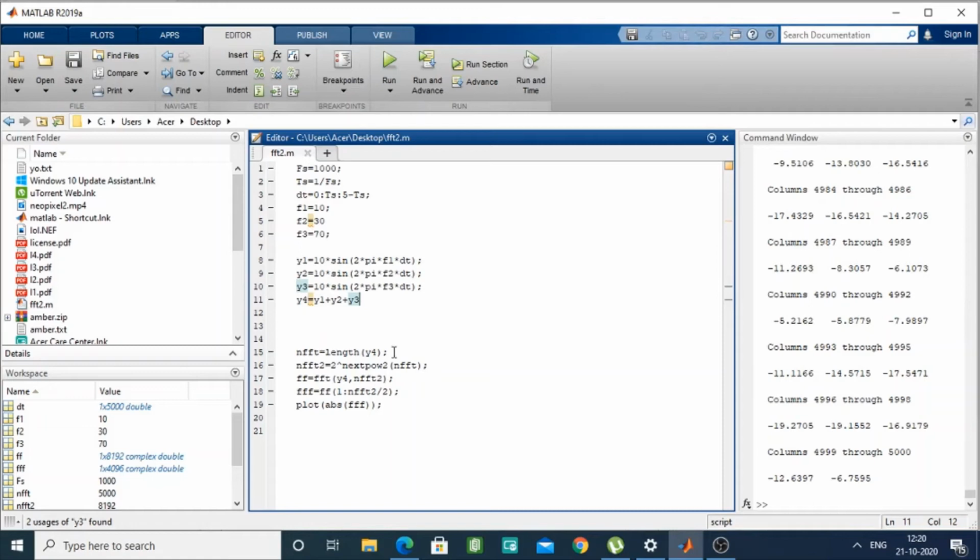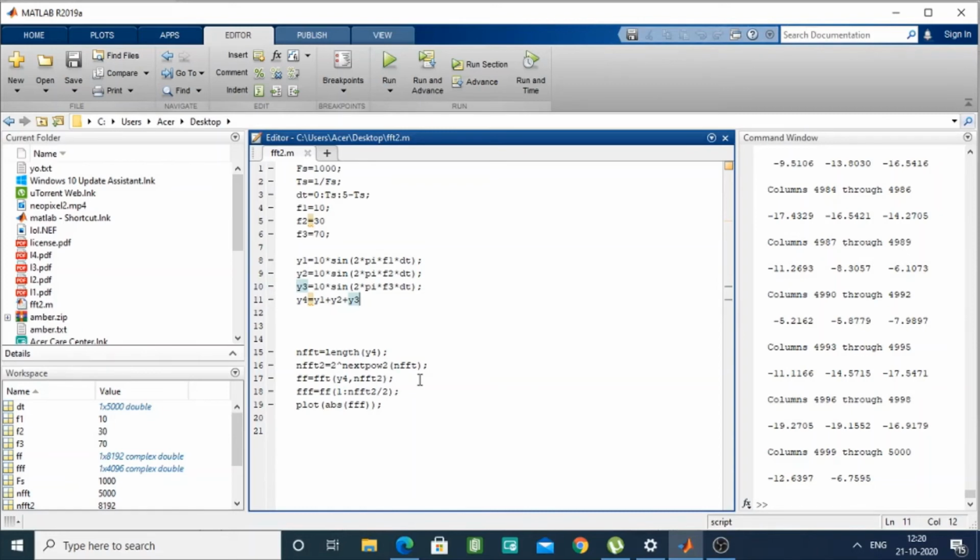So let's now take a variable nfft, which will give us the length of y4, which is the sum total of y1, y2 and y3. Now for a good resolution, the length of the signal must be a power of two. Therefore nfft2 is another variable that we have taken, which is equal to 2 to the power of next power 2 of nfft.